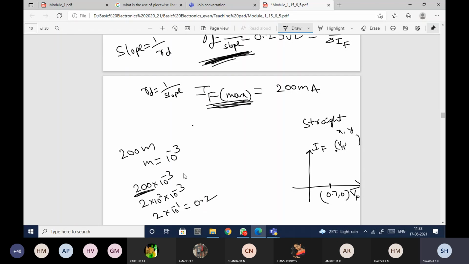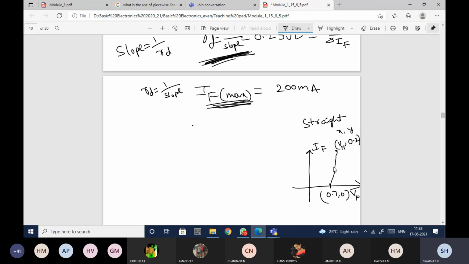Okay, it is so simple. Most of you might know, but I don't want to take a chance with the person who doesn't know. I don't know how many don't know, but let me just write it. VF1 comma 0.2. 0.2 is this point. Just by plotting these two, I'll be able to draw the straight line, but I don't know what this VF1 is. So I need to find VF1.